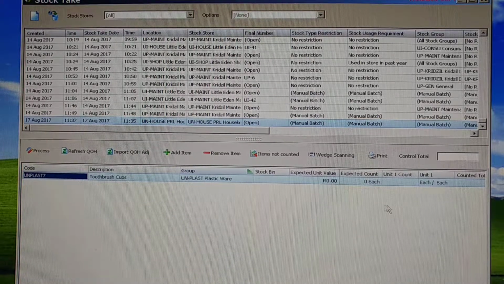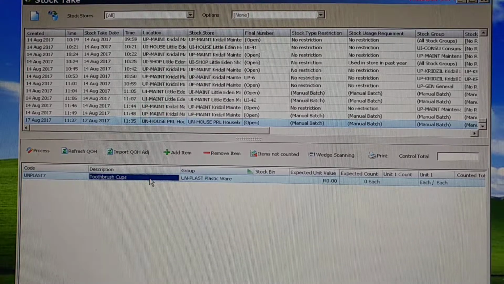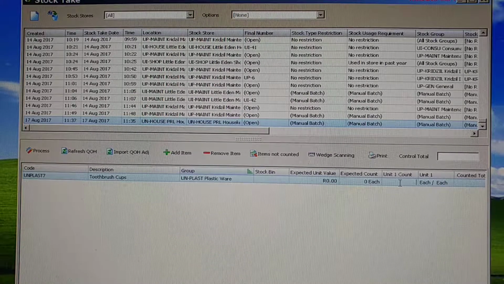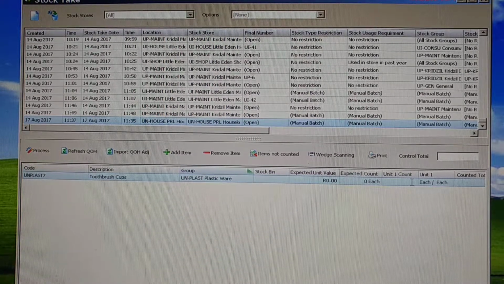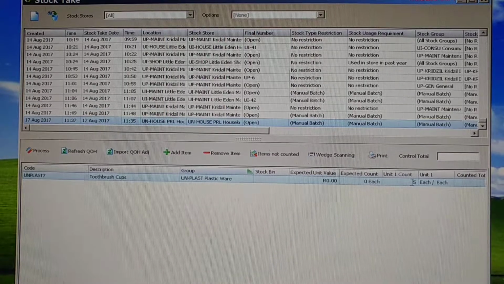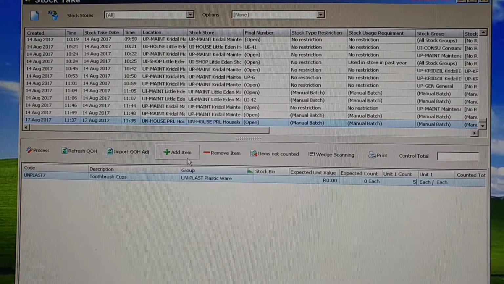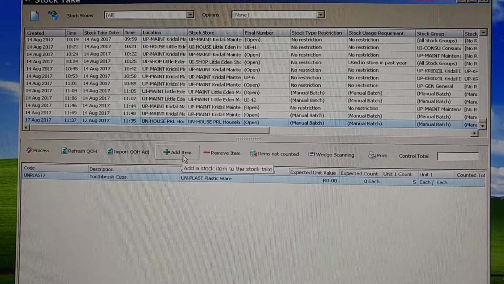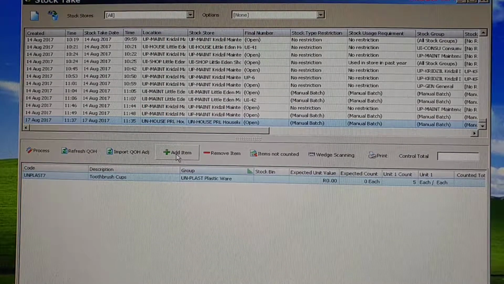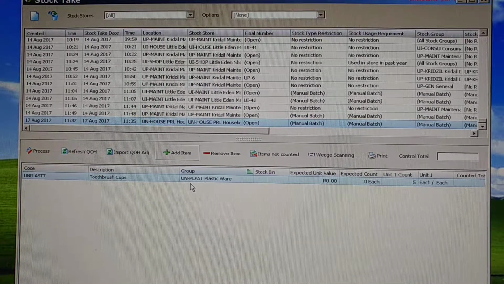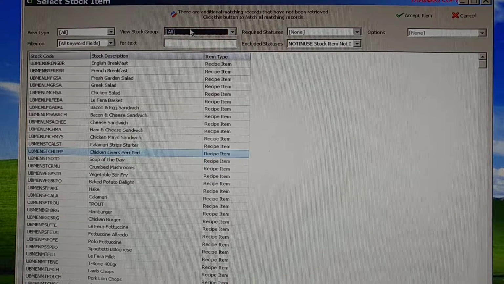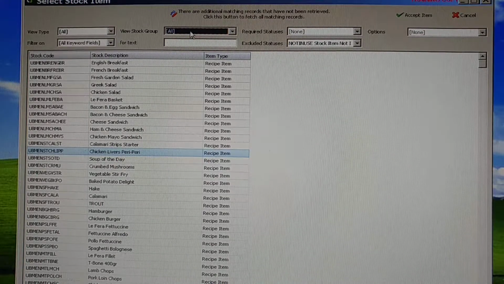Now we are only counting this one item, which is toothbrush cups. Now I've counted them and I've got 5 in stock. So we go to where it says Unit 1 count, and I've got 5 in stock. If I was to add another item, I would just repeat the procedure. Click on the Add Item button. It brings up the select stock item screen. Again, we're going to